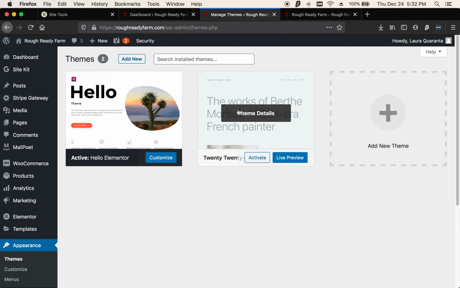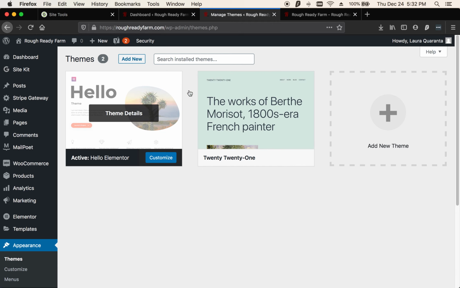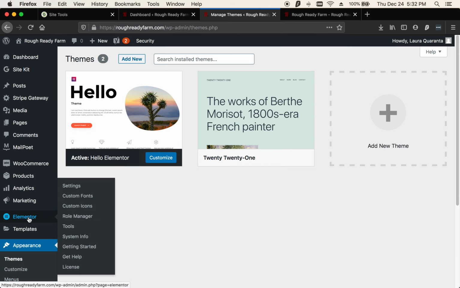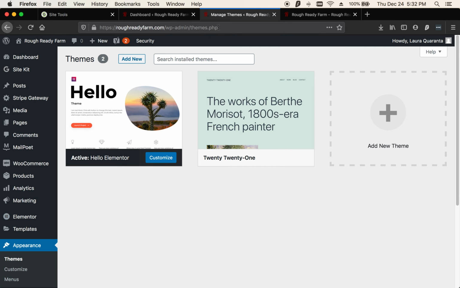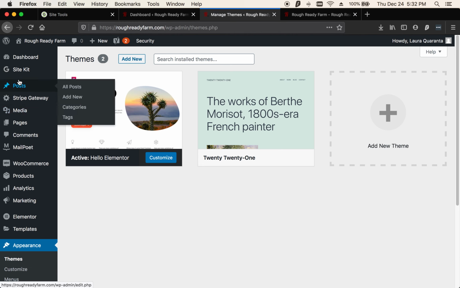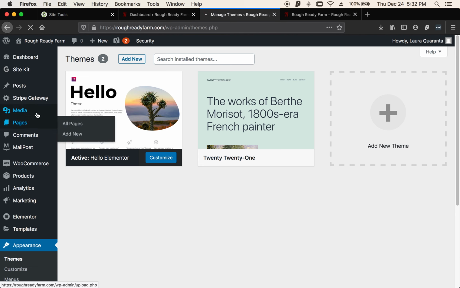And the reason that's good is because in case you ever have to deactivate Hello, you'll have a backup that you can run while you fix Hello if that ever happens. So now that the Hello theme is active with Elementor and Elementor is installed, this is the intermediate step. So if we look at pages,